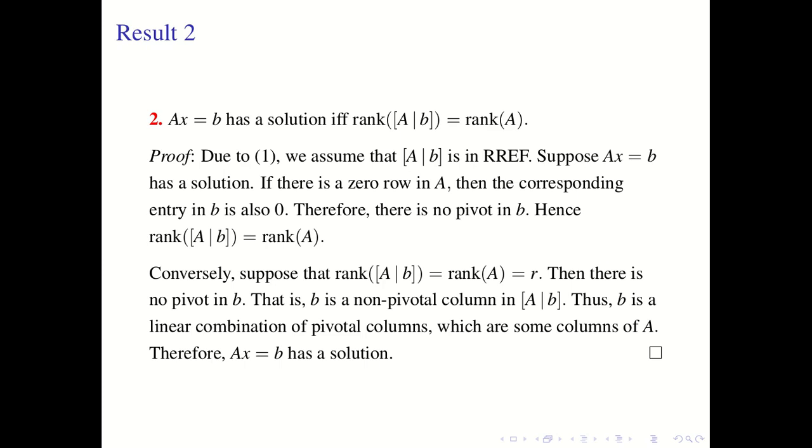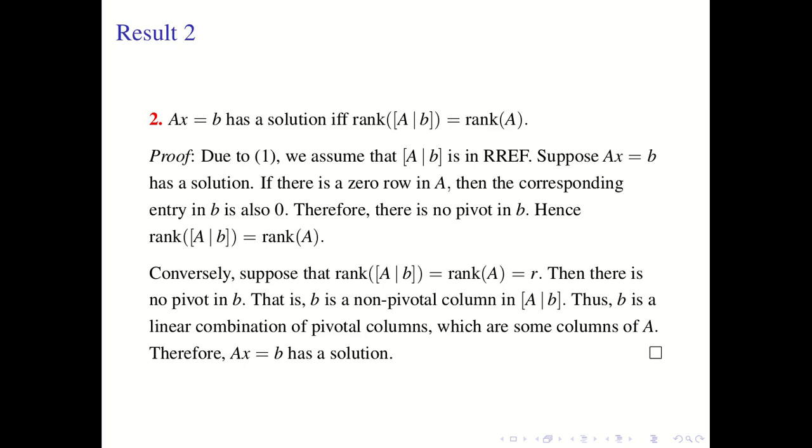Suppose Ax equal to B has a solution. Now if there is a zero row in A, then the corresponding entry of B is also 0. Therefore there is no pivot in B. Hence rank of AB is same as rank of A. Now look at the converse. Suppose rank of AB is equal to rank of A,